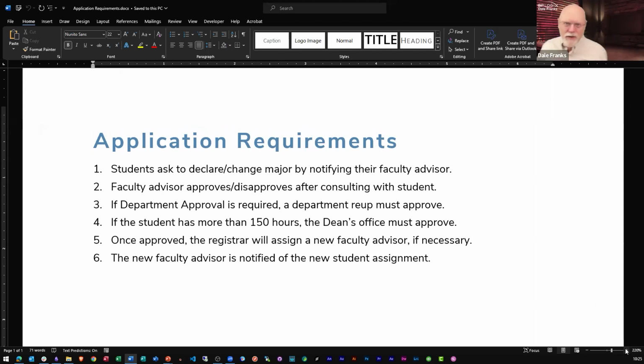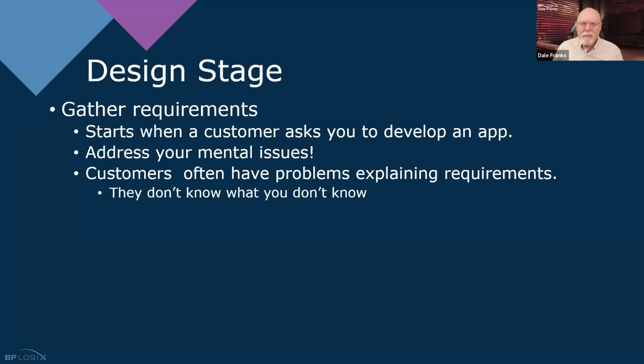That's perfectly understandable. They have the normal job that they do. They're just trying to tell you, this is how we want the application to work, and they want you to handle that. And to some extent you can, but often you can't whenever you get a document like this, because I see these 6 little bullets and I have questions. And the reason I have questions is because my customers have mental issues.